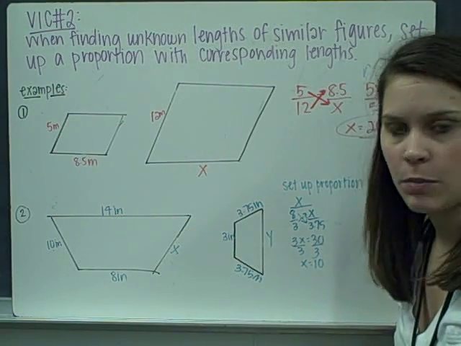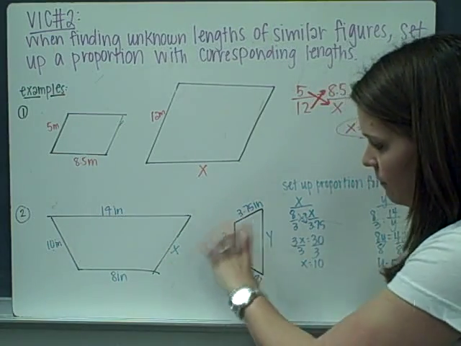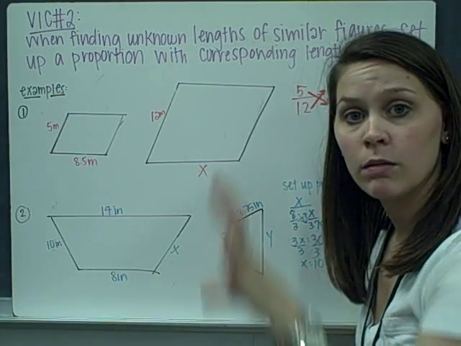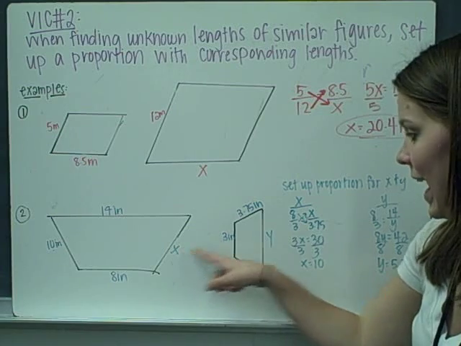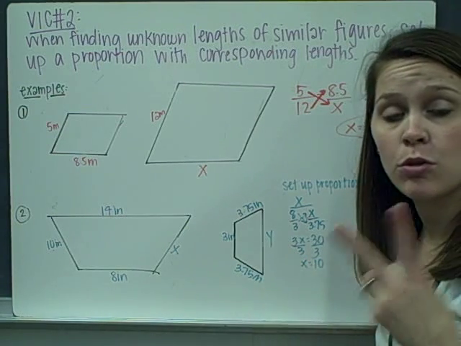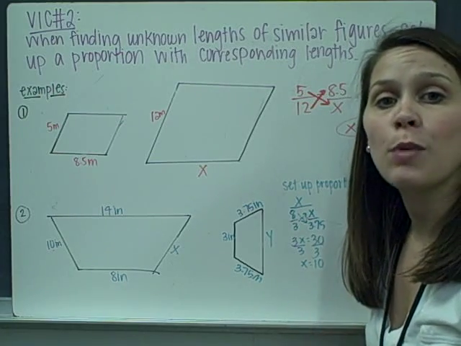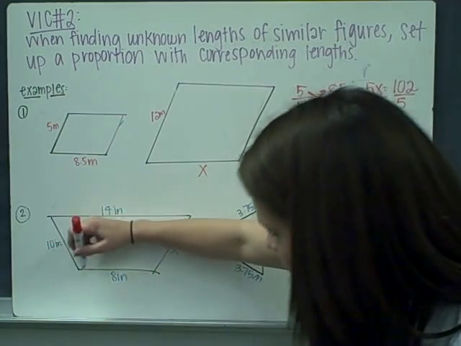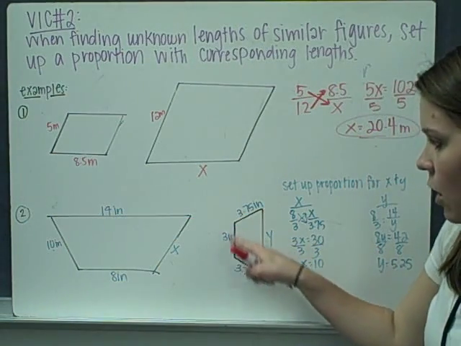Let's look at another example. We have two figures. Now, these are not facing the same way, but they're the same figure. They're just drawn in a different location. So now we have to find x and y. So you're going to have to set up two proportions, one to find x, one to find y, using corresponding sides. So we know that 8, which is the base here, matches up with the base of this figure,